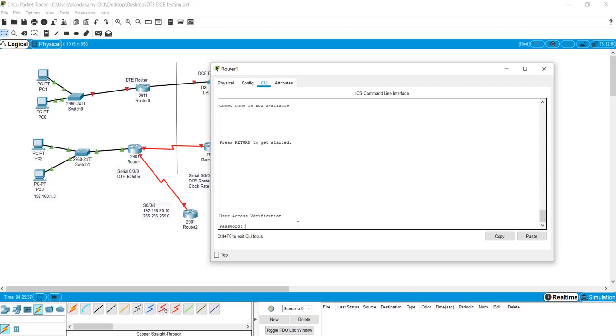Now I'm going to exit. Okay, so if I press enter, I'm getting the authentication. Before going to the user mode itself, it is prompting for the authentication. So what I can do, console password is console. That's it. Even if you know the console password, you don't know what is the privilege mode password,